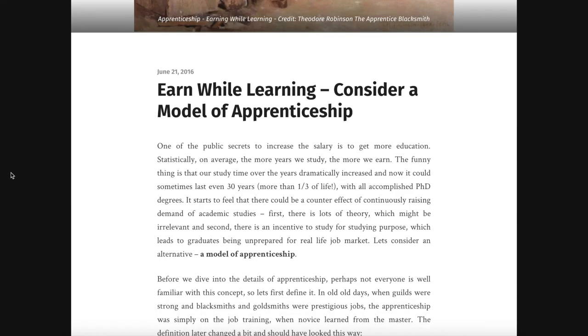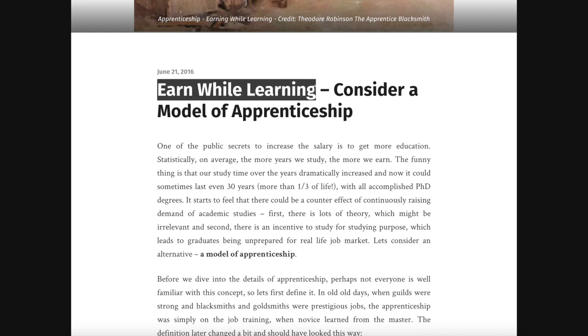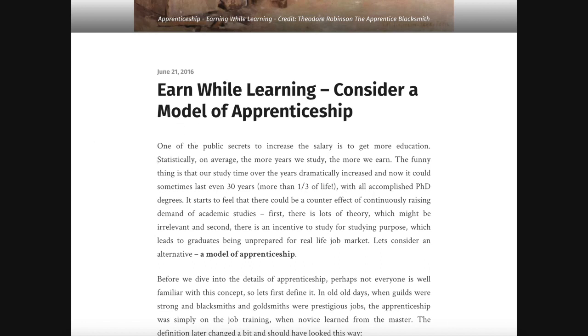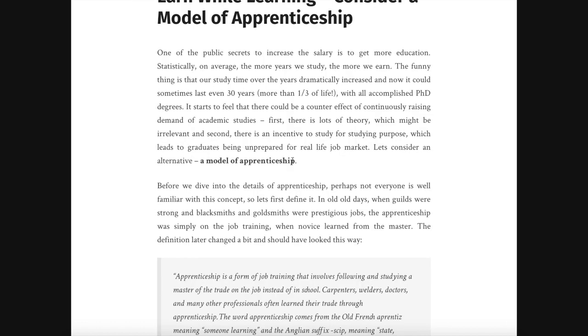So obviously going down, and the title there kind of says it all, earn while learning, which is perfect. Consider a model of apprenticeship. As you can see, it's talking about the ability to earn whilst you're learning, which is what an apprenticeship is. It's talking all about the model of an apprenticeship and what that means. So realistically, this is exactly what we want. It's hyper relevant. It's hyper specific to the type of article that we're trying to get the